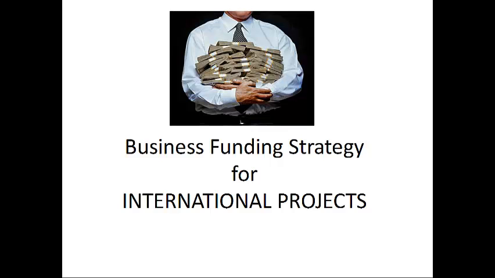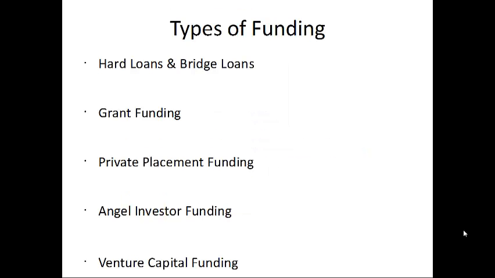In terms of the number of funding topics that we're going to look at, or the types of funding that you will be able to obtain, we're looking at 5 primary types of funding methods that you can use in your business development strategy. The first is hard loans and bridge loans. The hard loans are normally loans that run between 3 to 5 years, and the bridge loans are loans that are just meant to solve short-term problems within your business financing streams.